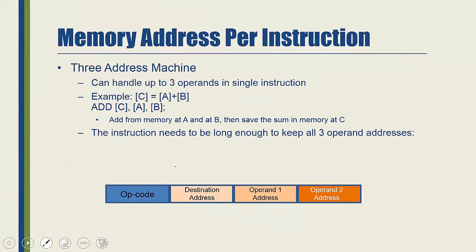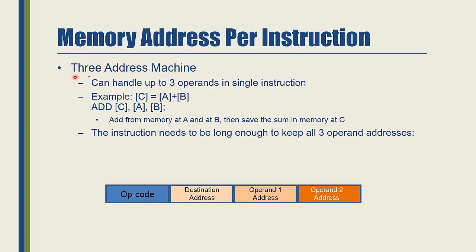As we said just now, the number of addresses that we can keep in the opcode will determine the kind of instruction or the size of instruction that we can have. And vice versa, if we want our opcode to have a certain size, we will be able to perform a certain kind of memory addressing. According to the size of the opcode, we can have a number of addresses inside it. In this section, we will talk about how many addresses per instruction we can have.